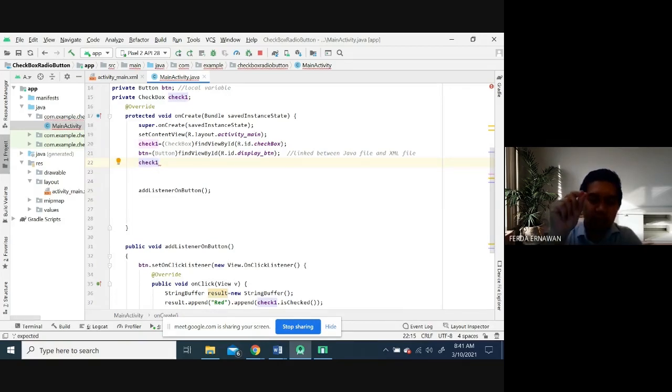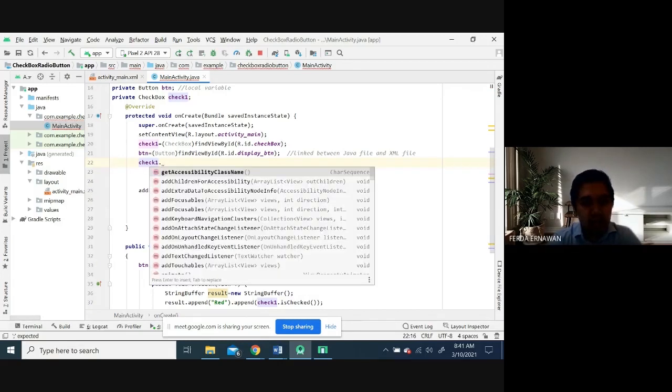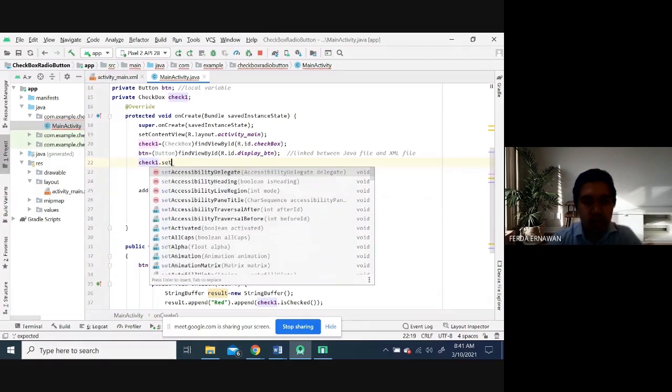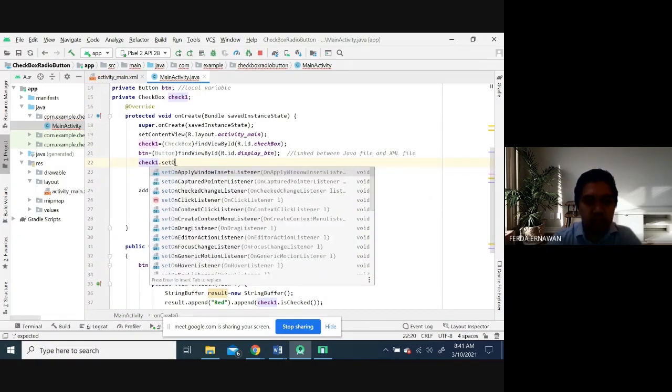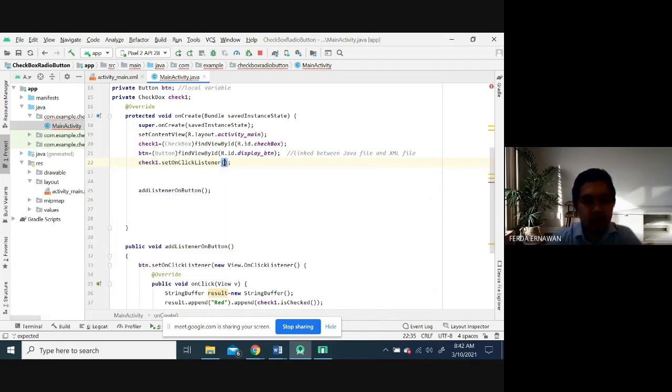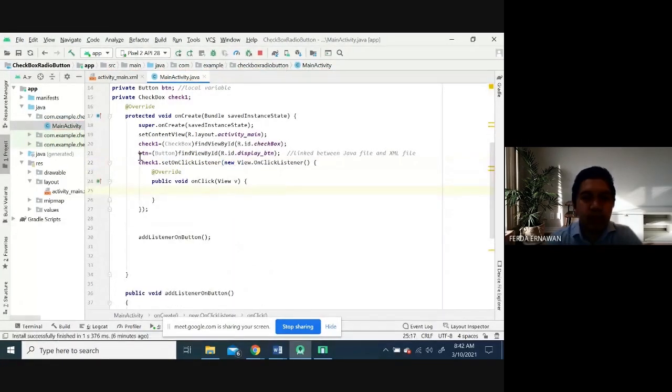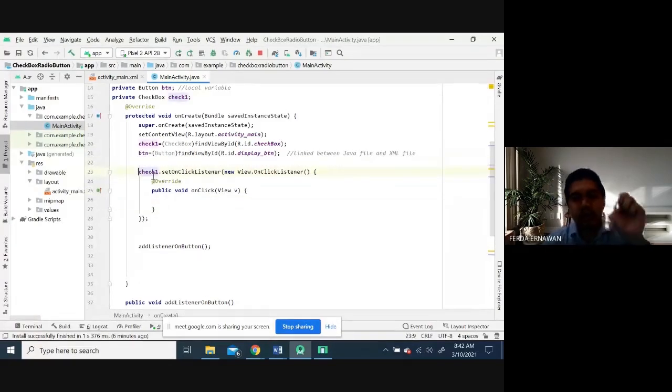So check one, once the user checks this one, we set the on click listener, this one. And then new View, okay, tab. So once I check this checkbox it triggers something.